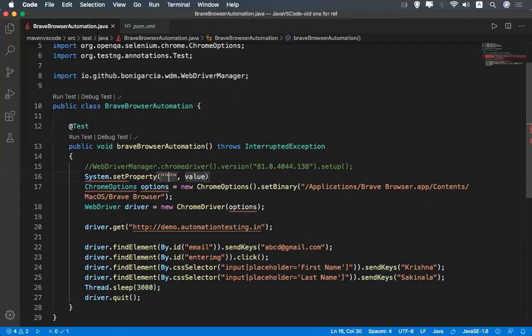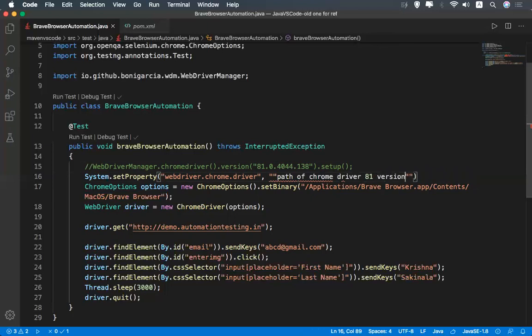So webdriver.chrome.driver, and here you need to mention the value, means the path of the ChromeDriver 81 version.